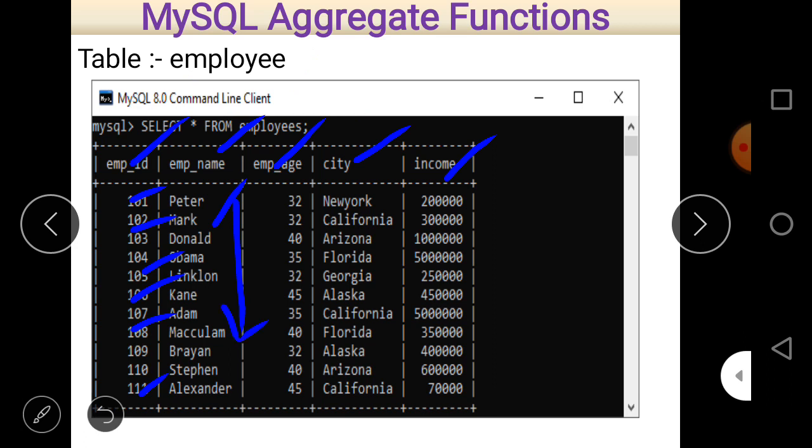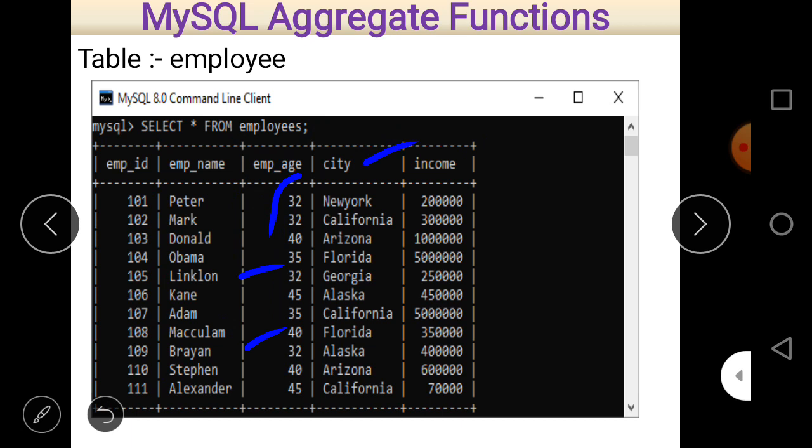And employee age, here you can easily see that there is a duplication of data. And why do we check data duplication here? Because we want to use the maximum function here, and the distinct clause basically considers duplicates as a single unit. In the first records, you can see that employee age is 32 for both Peter and Mark. The age of Peter is 32, the age of Mark is also 32, and the age of Lincoln is also 32 here. The age of Brian is also 32. So of course there is a repetition of data.